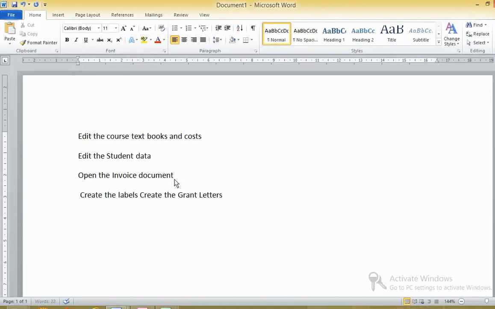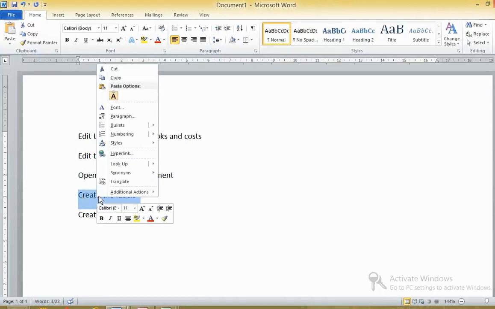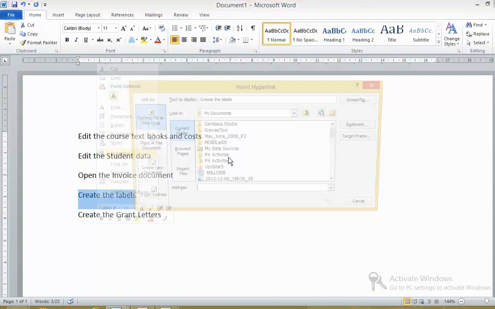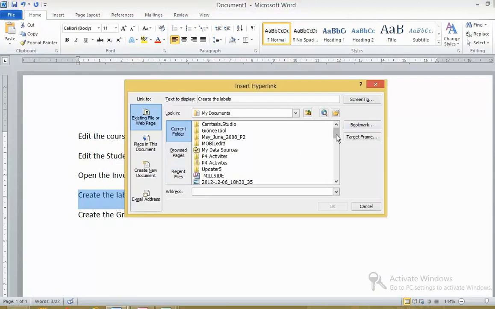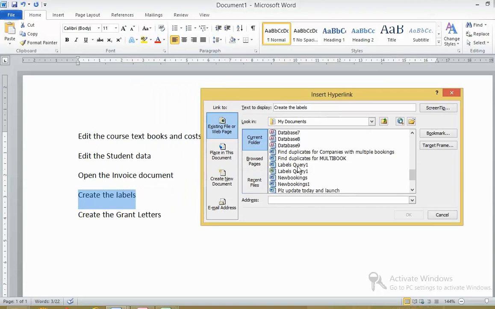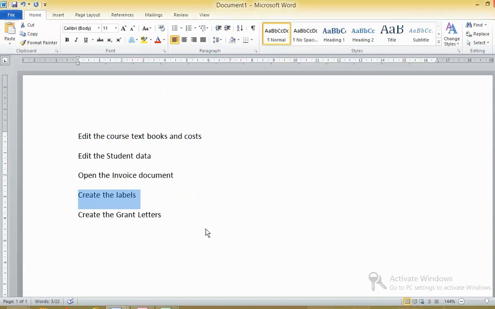create this and this. So all you have to do is edit the course book cost, edit the student data, open the invoice document, create labels. You just have to hyperlink with the files. For example, you had the file labels over here, you have to link with this,